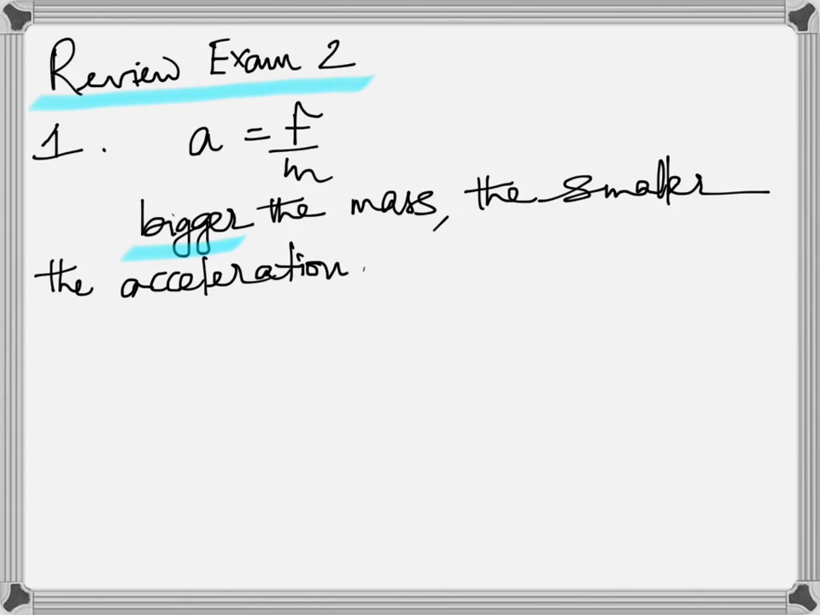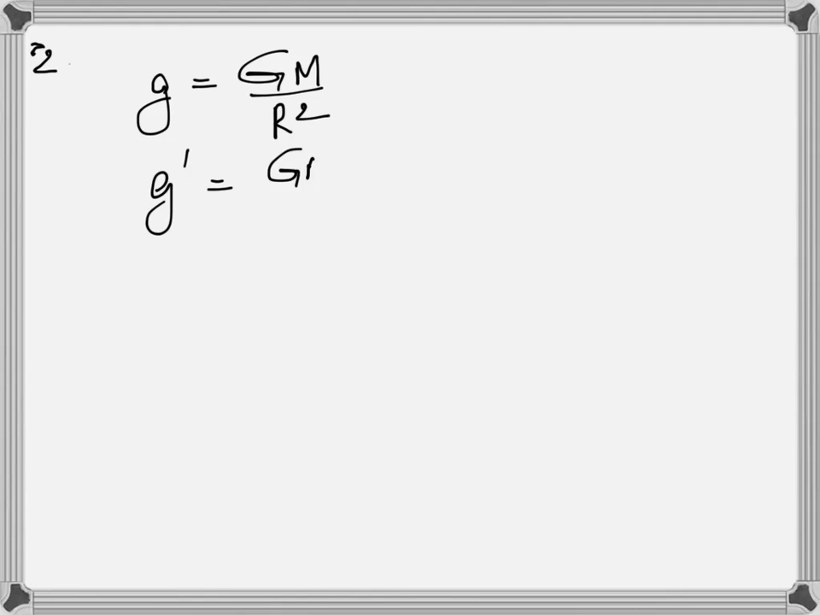All right. Number 2. Well, the formula for g, is it on your formula chart? I don't think so. g is equal to GM divided by the square of the radius. That's on the surface of the earth, and at a height, that is the formula. So,